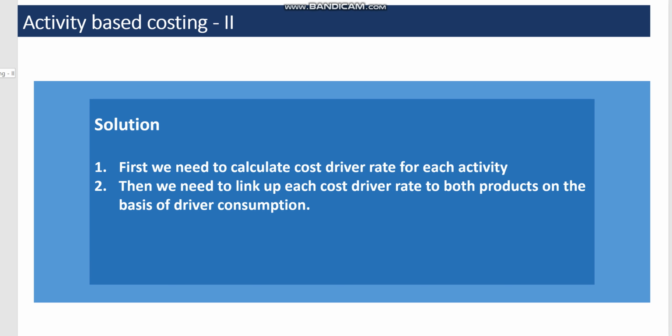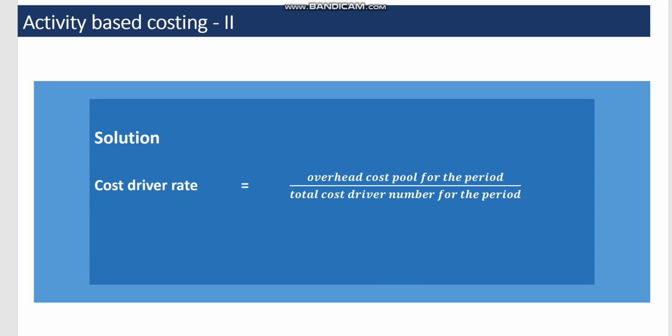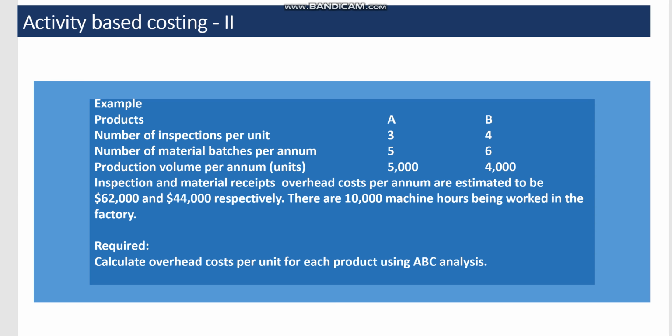If we look at the detail, first we need to remind ourselves what a cost driver rate is. The cost driver rate is simply the overhead cost pool for the period, meaning the overhead cost of each activity. If the data is given on a yearly basis, it is the overhead cost of the activity for the year divided by the total cost driver number for the period. If I go back to the details, we are given the number of inspections per unit,